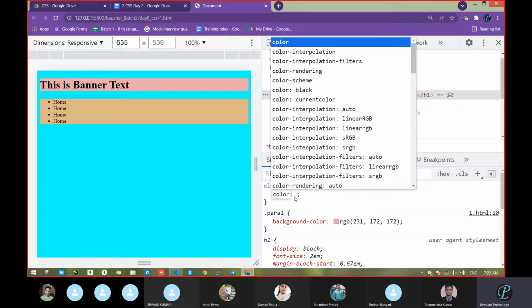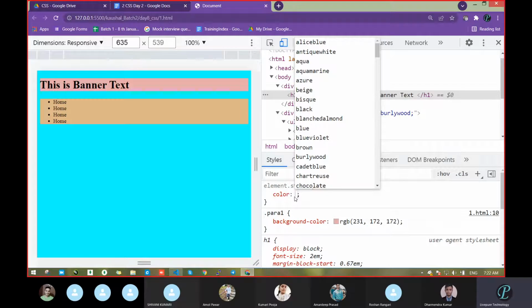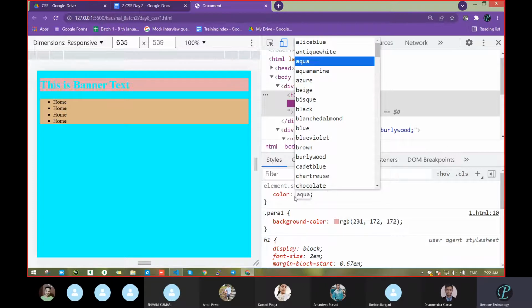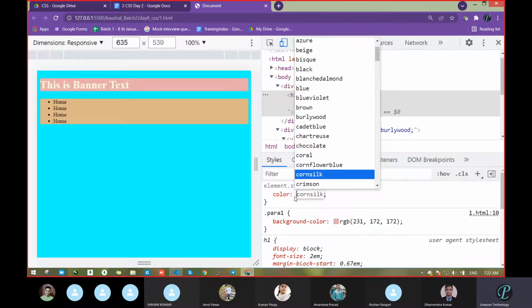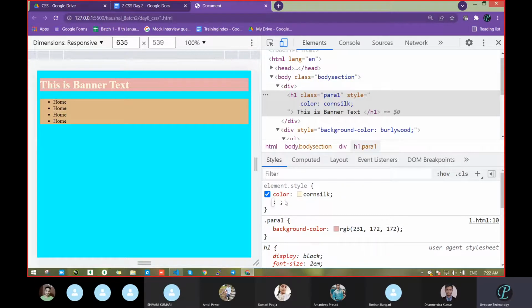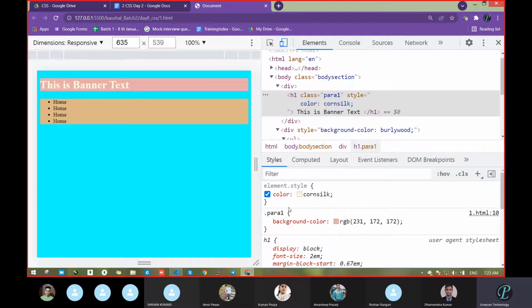See, when you start writing, it will auto-suggest all the things. So just hit enter on color, and after the colon, it gives you all the colors, correct? This way we can verify in real time whether it's looking good or not. Suppose this is what I want, it's looking good. I don't know the color name, but we got a color name. When you scroll, you will get it. Now just hit enter. After pressing, you will get something in the next line. Even if you don't get it, no issue.